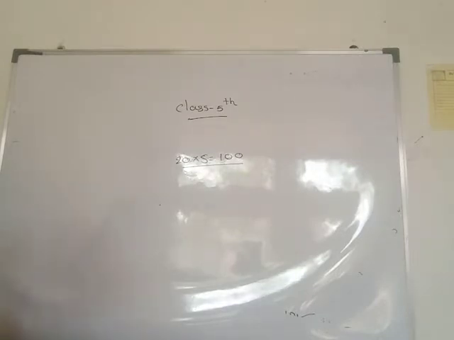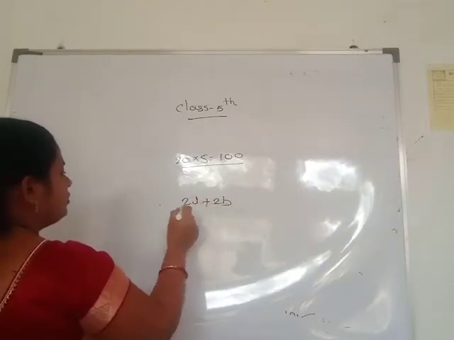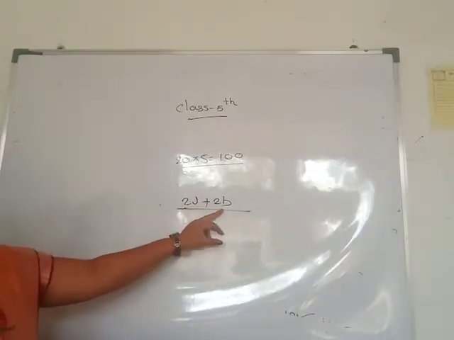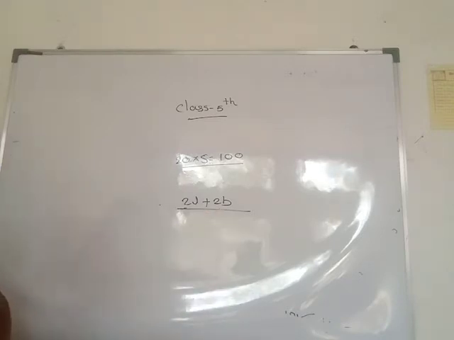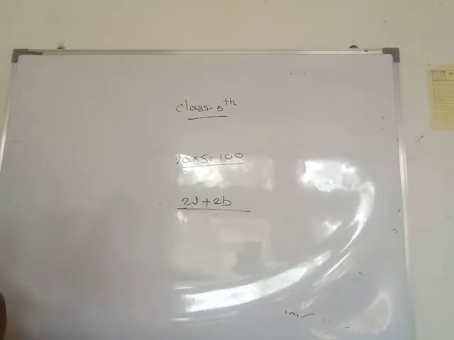The perimeter of a rectangle is the sum of twice the length and twice the breadth. Twice the length means 2l, and twice the breadth means 2b. The sum of these, the perimeter, is twice the length and twice the breadth. This statement can be written easier by the use of letters. Use the letters L and B. L means length and B means breadth. Respectively, the perimeter of a rectangle is equal to 2L plus 2B.